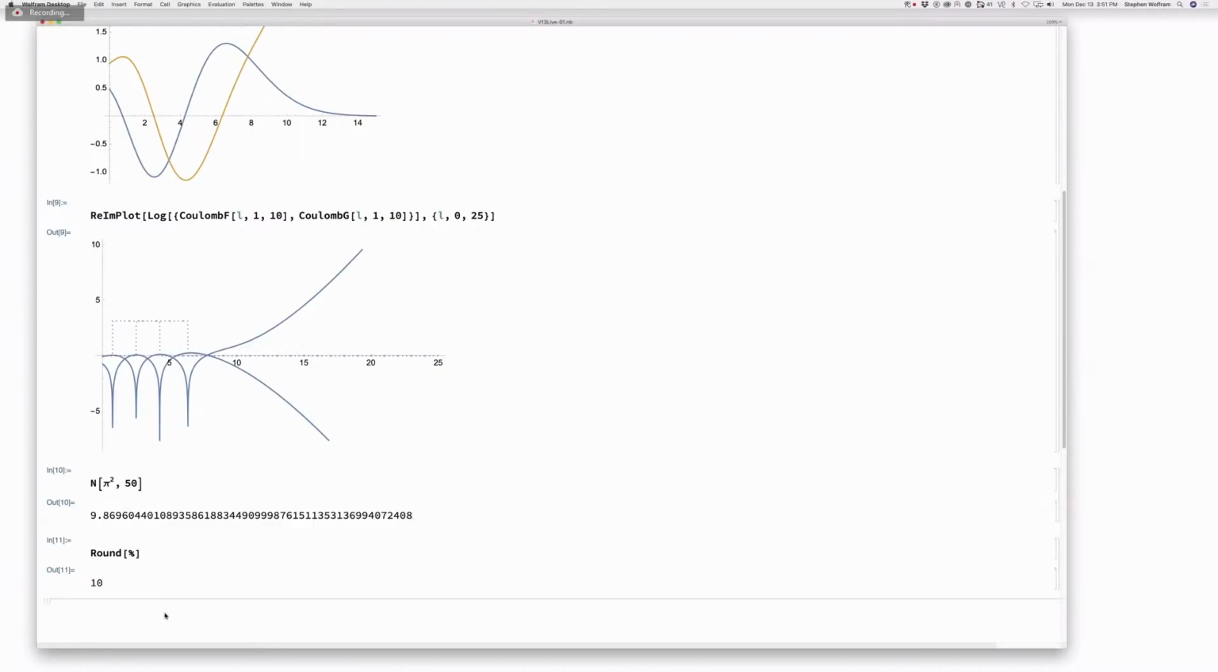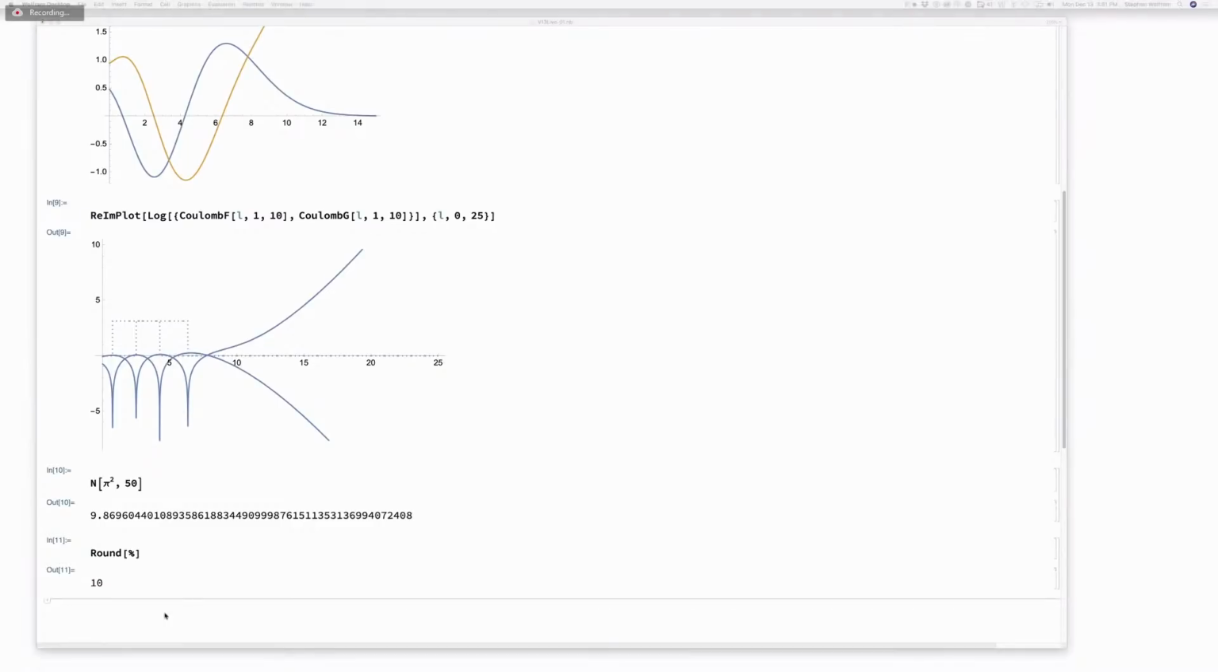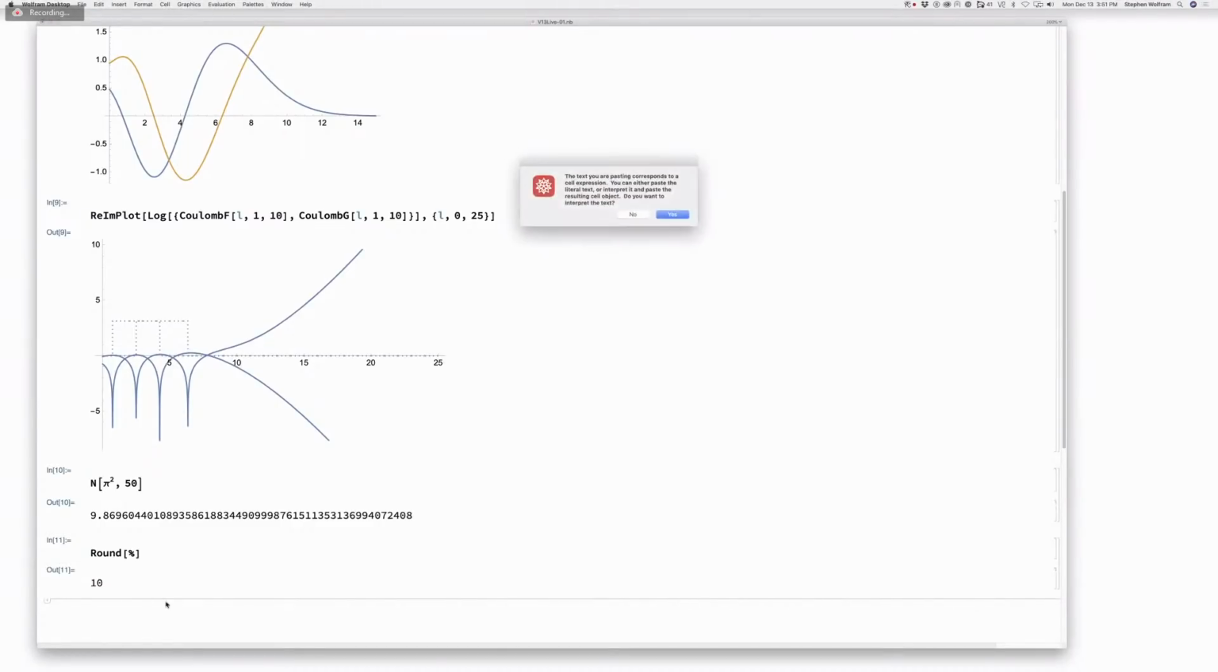Now, one of the things that we did in version 12 was to add this concept of around. So around, this is going to drive me